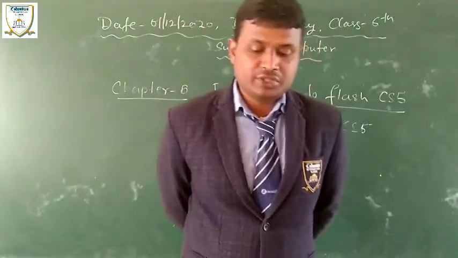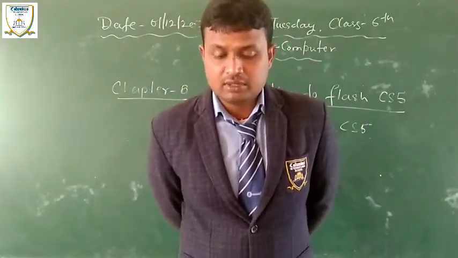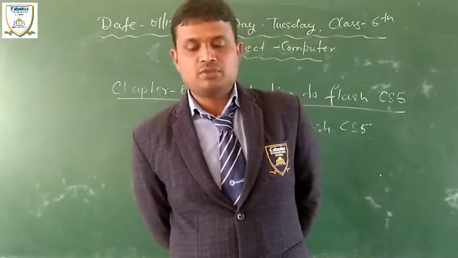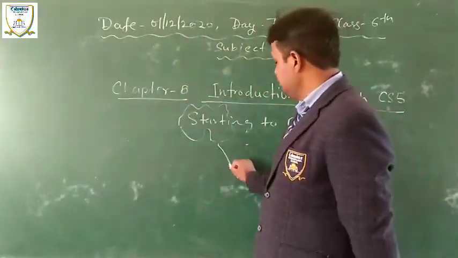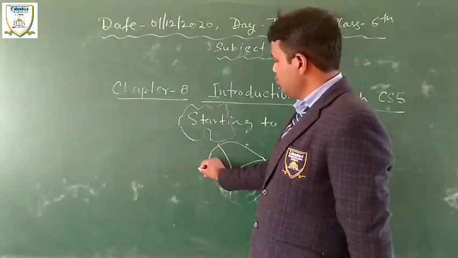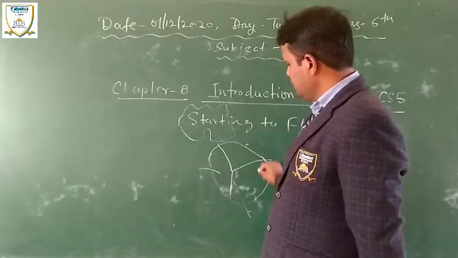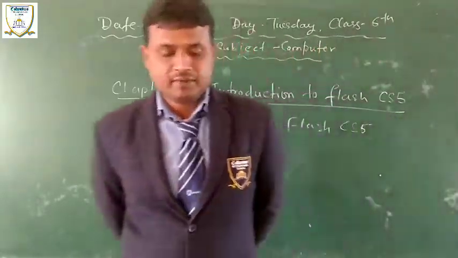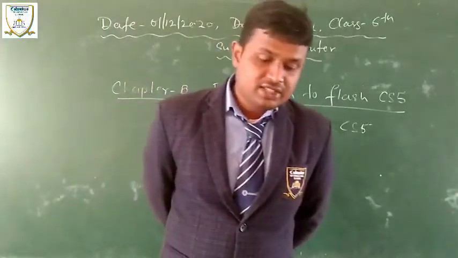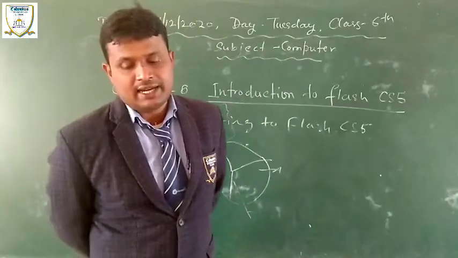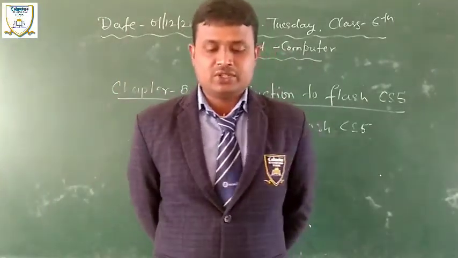Next is the 3D rotation tool. It is used to transform and rotate a symbol around the X, Y, Z axis. Suppose that this is a shape, then you want to rotate it from there. It means from 3 sides in the 3D rotation tool. Next is the ink bottle. The ink bottle is used to give color, thickness and style to a line in a Flash document.